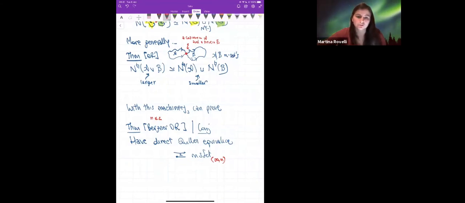But I said that to achieve this statement, one needs to go through a lot of work by a lot of different people. And in practical terms, this means that you can build a zigzag of Quillen equivalences, but there are many Quillen equivalences involved in them, and they don't all point in the same direction, and not all of them are super explicit. So what we had so far was somehow a not super constructive situation. Whereas if we use the analysis that we have discussed during the talk, then you can build a direct Quillen equivalence between the two models for n equals 2. And it goes as follows. We have